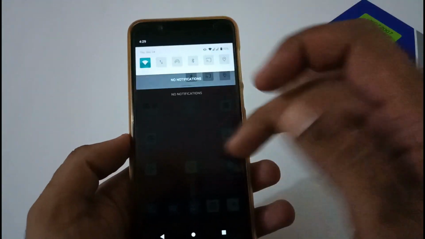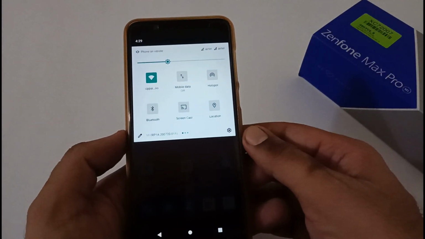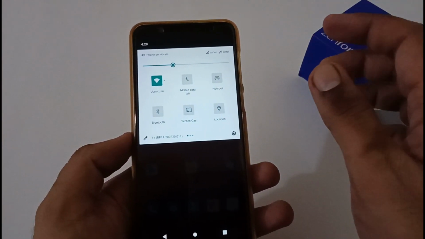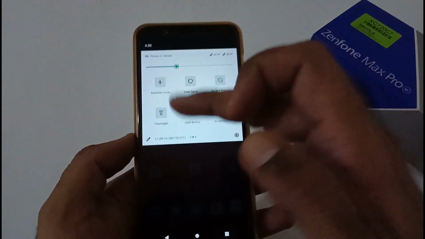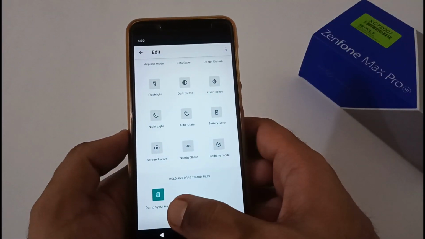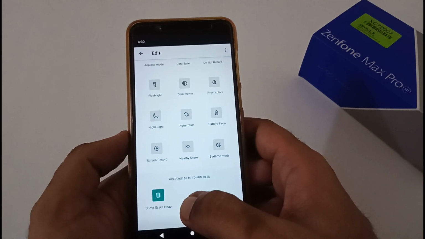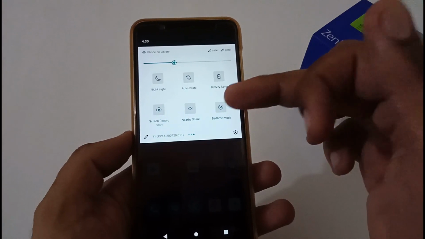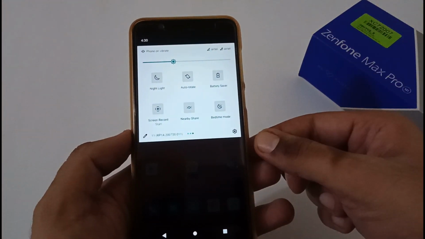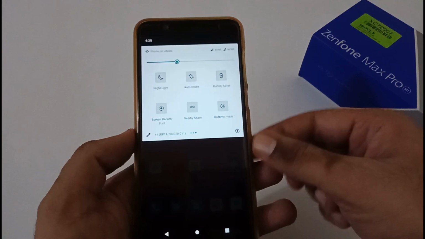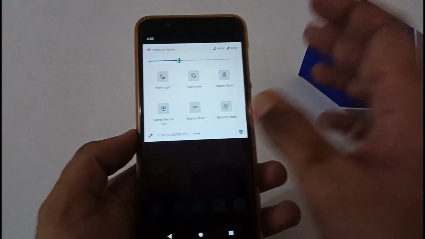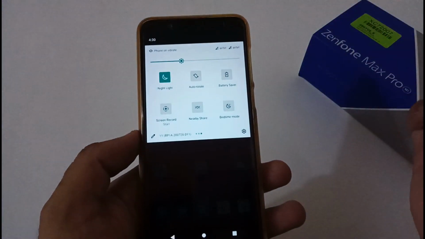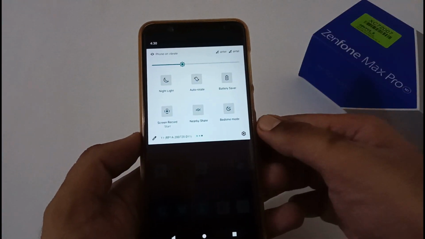So after that, now let's move to the quick settings. In this particular AOSP based ROM, all the developer settings are listed here, except one, that is dump sys UI heap. I'm not using this part, that's why I've excluded it. But among these, there are a few settings which are not working. Like invert color, let me show you. If I turn it off, turn it on, then invert color is not working. Even night light is also not working. So these are known bugs again.